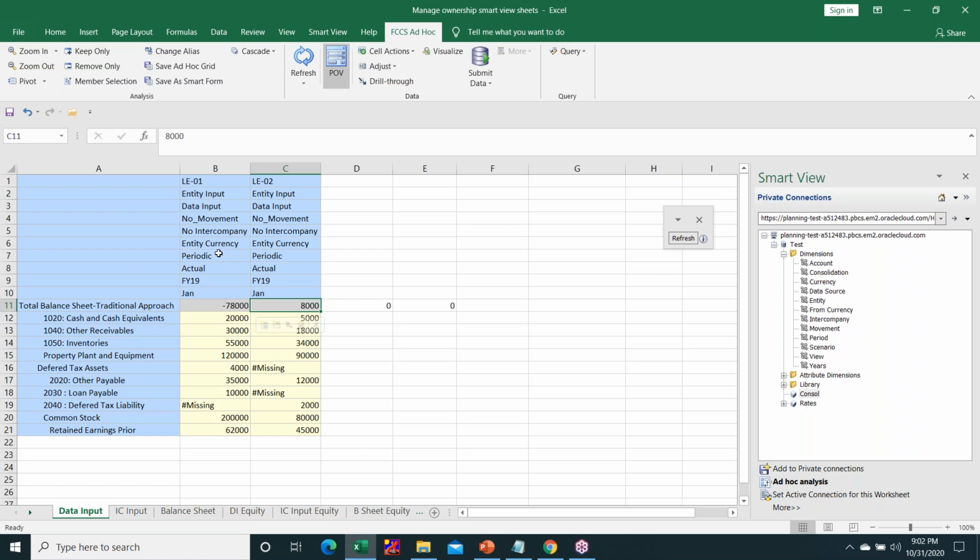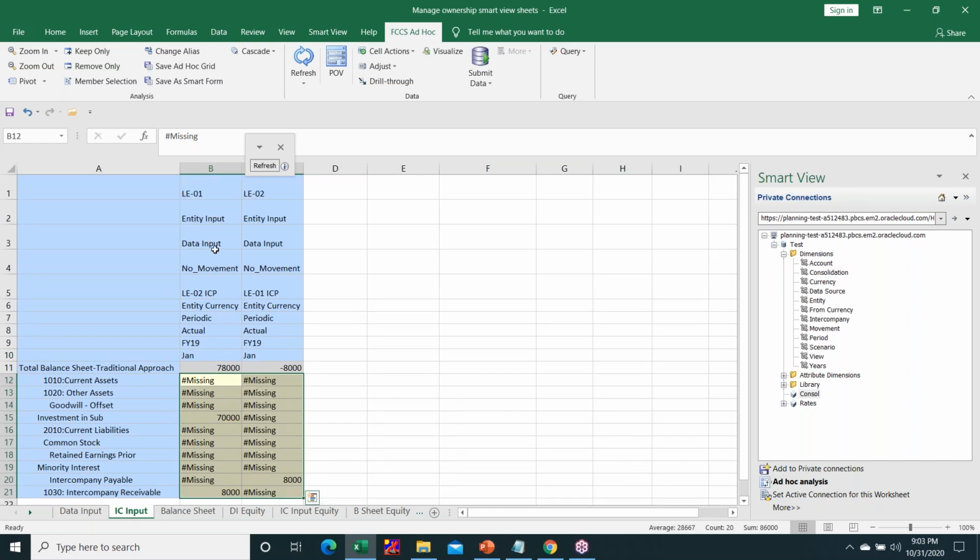Then only you will see the elimination. Otherwise, if you do not enter the intercompany number against the intercompany partner, you are not going to find the eliminated number, the intercompany elimination number. So for entering the intercompany number,